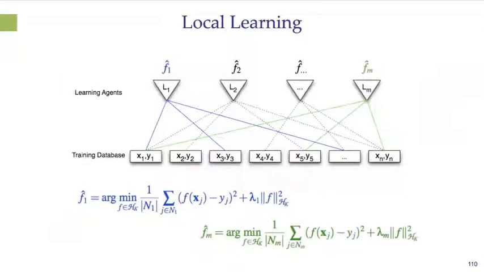Now one natural way to do learning when you have this bipartite graph model is to think about local learning. You have learning agents connected to data. Each learning agent has some data points and it can simply learn a model from those data points. For example, if we think about kernel regression, kernel learning, we can think about trying to learn a model, a function f that maps x to y. We can do that individually from learning agent to learning agent using whatever data is available to each learning agent. That's called local learning, basically. It's a very simple and obvious way to try to take advantage of this model.